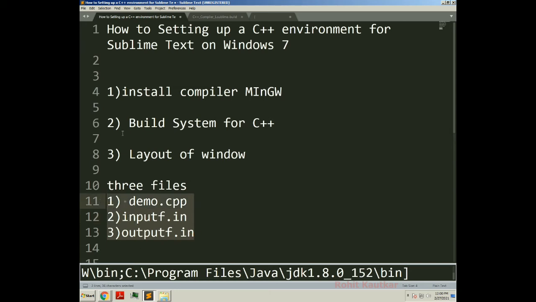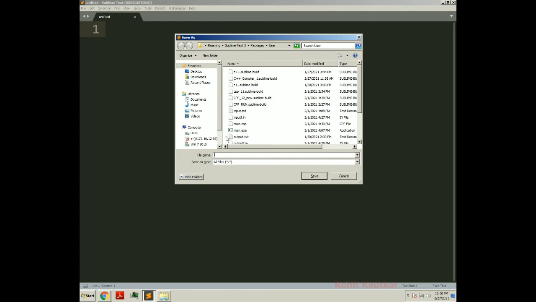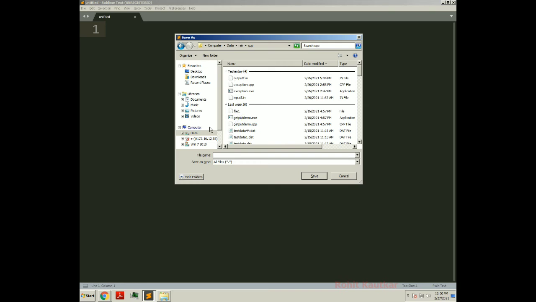Okay, so I will go to new window and I will create new file called demo.cpp. So I will save this file in cpp directory, demo.cpp.